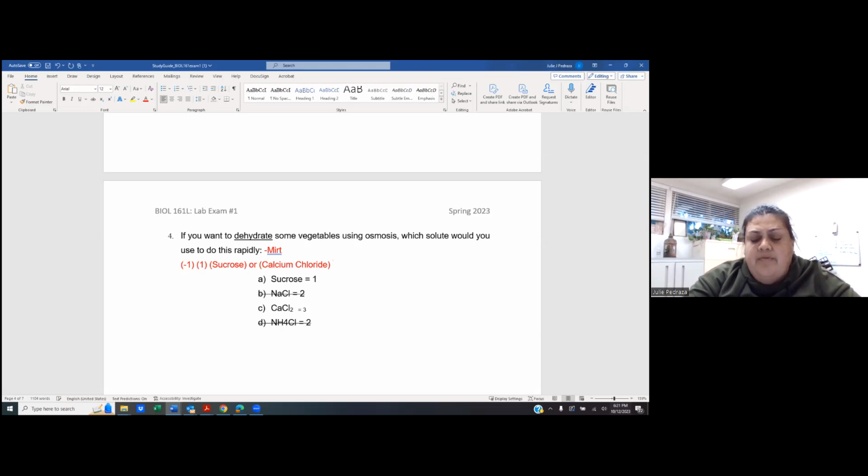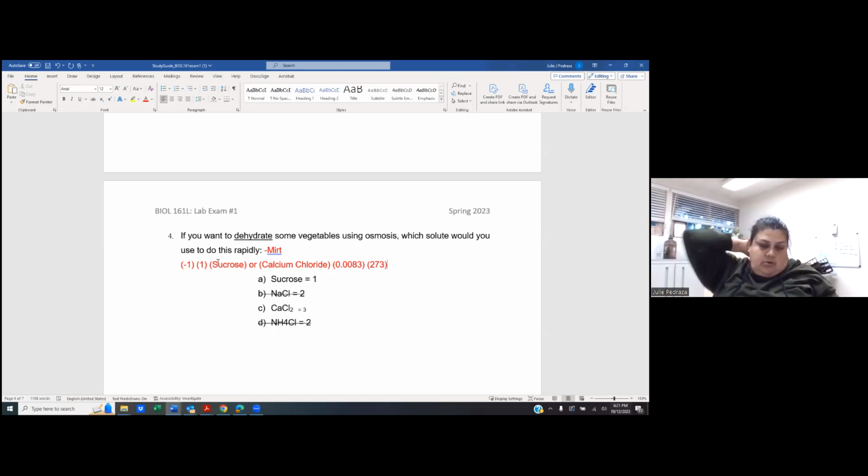And then R is the constant 0.0083, I think, or 82, 83, times temperature, which is whatever the Celsius is plus 273. We're going to just say 273 and assume Celsius is 0. Okay. So all you're doing is taking 0.0083 times 273, which gives you